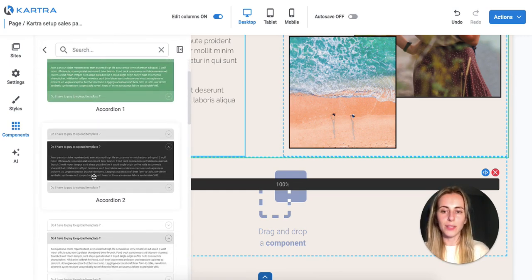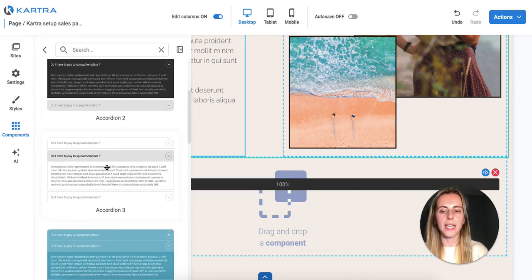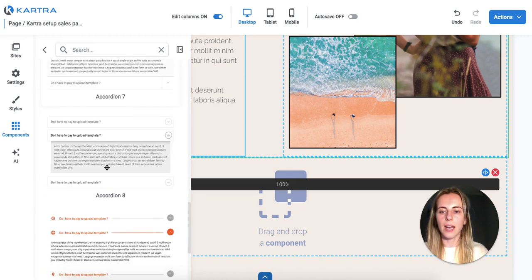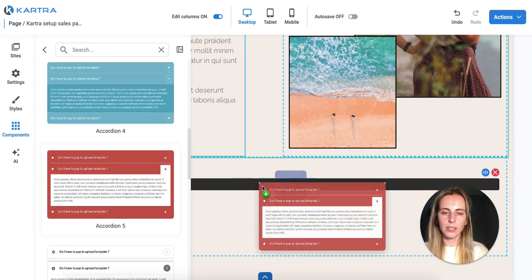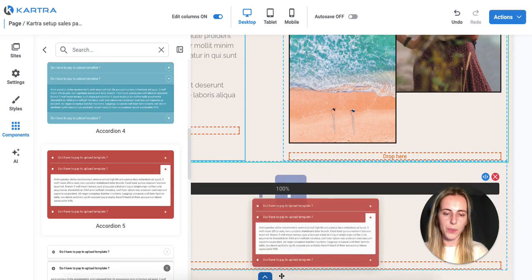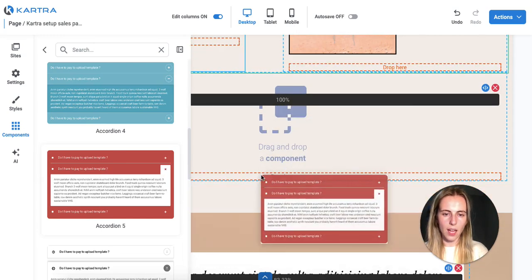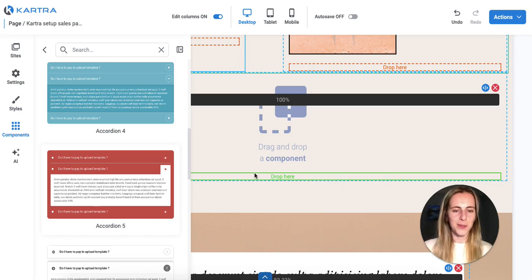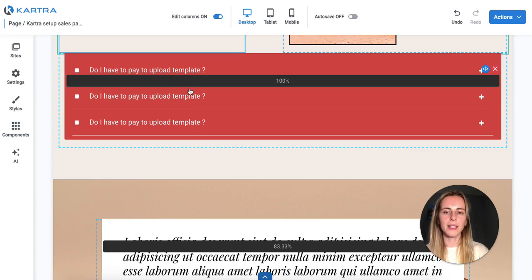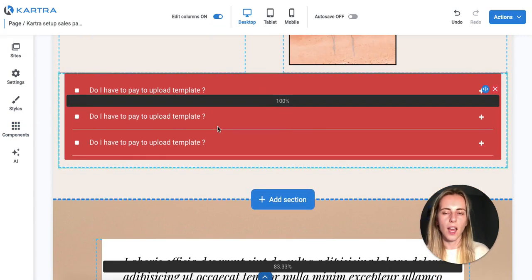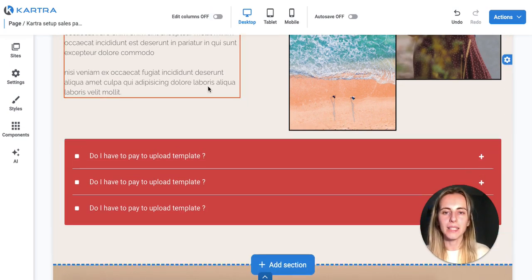Then you can also see a few different styles that you can choose for the accordion. Those are typically used for frequently asked questions. You can see a different one over here. What is important to keep in mind is that you can actually change all of the colors and the style. So you will just get used to it once you play around with them and you see what works for you. Then if you're happy with the size, I mean, right now it just doesn't make much sense, but just for the example,